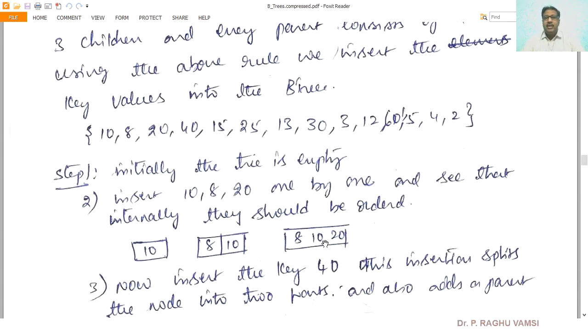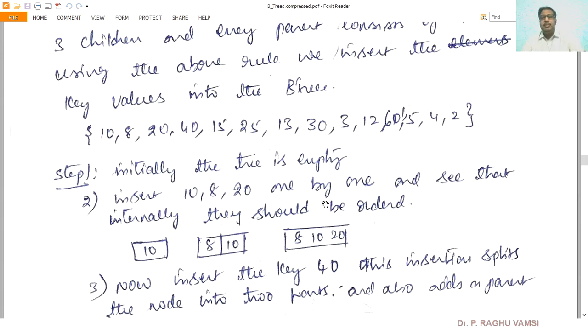Here 8, 10, 20, that means 3 keys are available in this node. When we are inserting 40, it is greater than 8, 10, and also greater than 20, so it must be inserted after 20. But when you try to insert, the condition of the B tree node creation is violated. In such cases, you are supposed to perform the split operation.